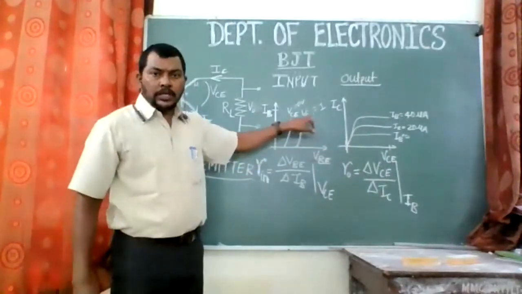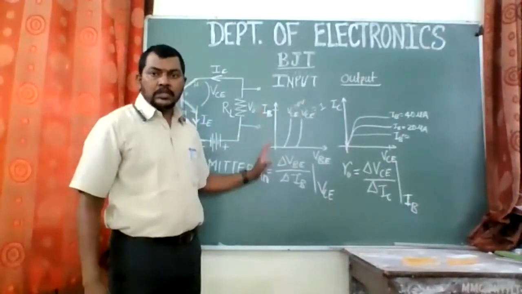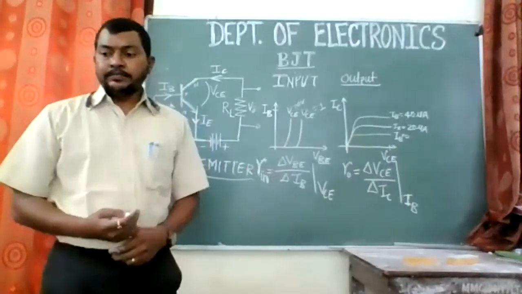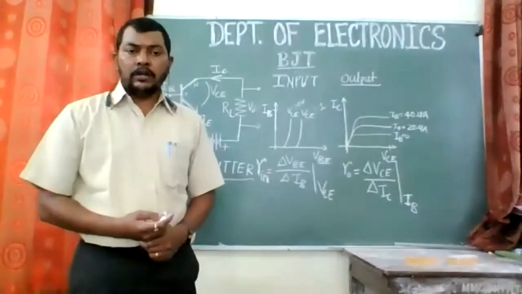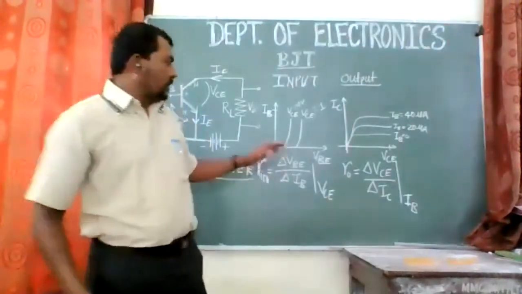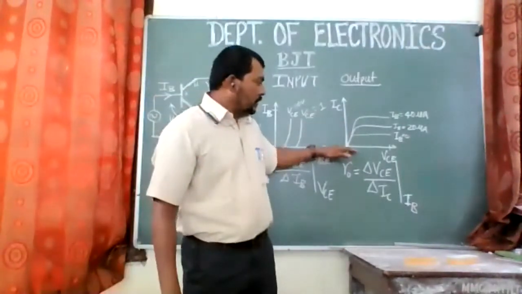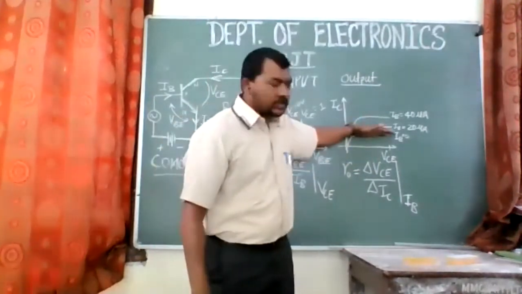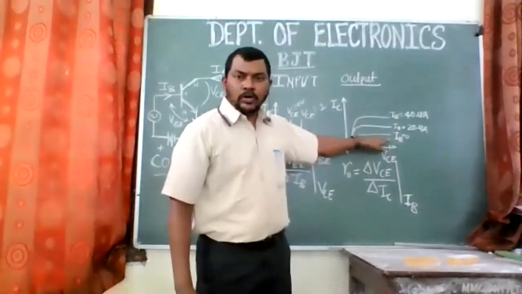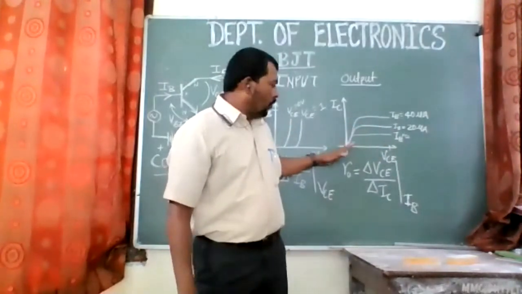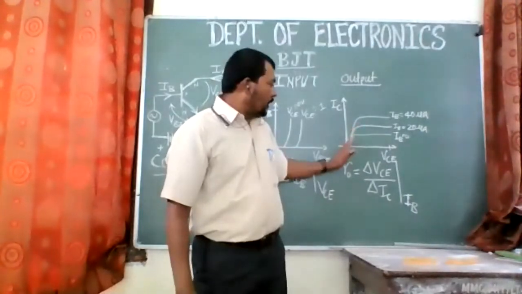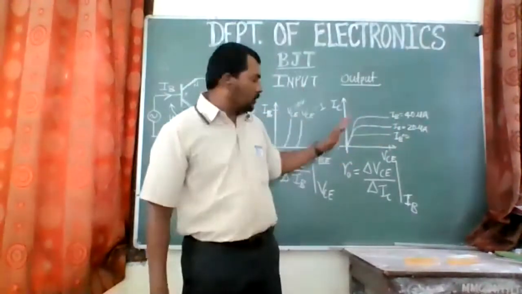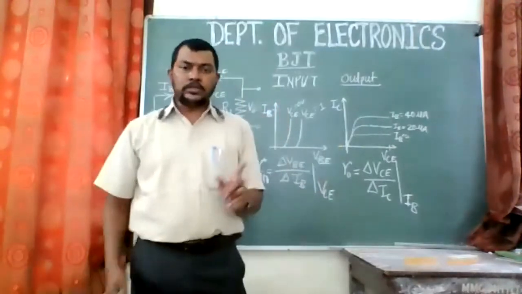This is what I have written: VCE equal to 1, VC equal to 0, and from this graph you should be able to write 2 or 3 points, right? So by the output characteristic, as you can see over here, as you go on increasing the collector emitter voltage, the current increases and then it becomes constant. Every time, as you go on increasing the collector emitter voltage, the current rises and then it becomes constant. Okay, and as you go on increasing the voltage, it will remain constant. So it appears like this. So this is the first point that you can write.